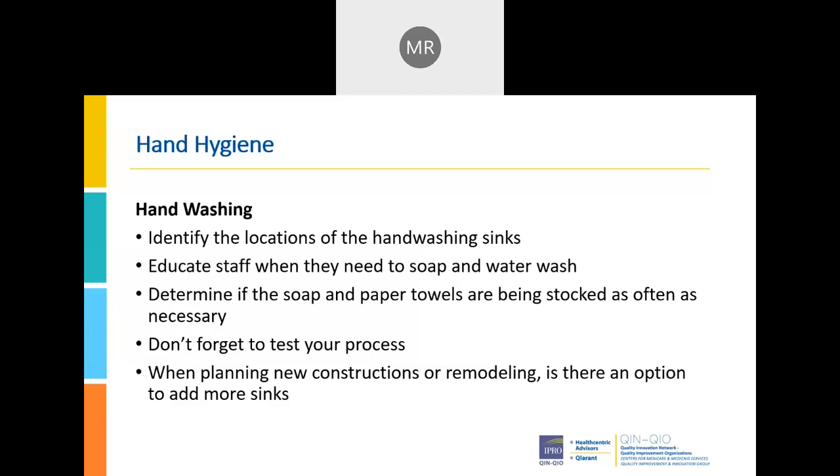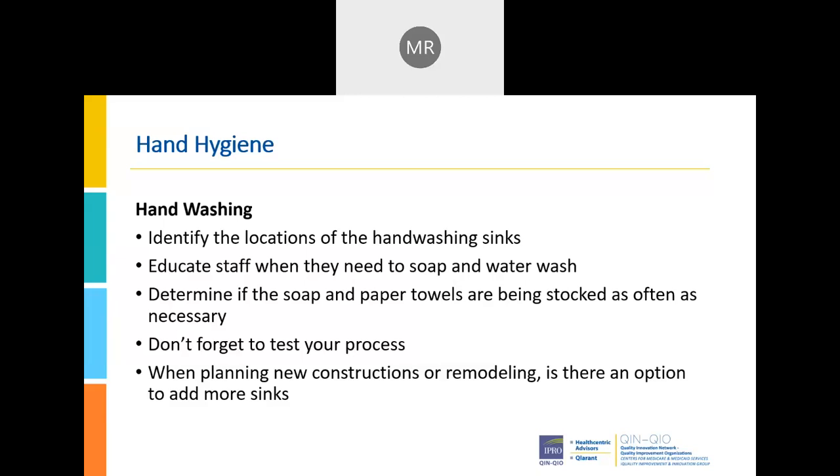So don't forget to test your process. Let me talk a little bit about that. It could be the soap or it could be alcohol based hand rub. If you have an alcohol based hand rub that has a locking mechanism on it, somebody needs to store the key to the lock. There needs to be a place where you're storing the alcohol based hand rub. Somebody needs to be able to find the key, find the hand rub, know how to install it. Often there's something that needs to be popped for the air to go into it. Sometimes the dispensers need batteries, so where is the battery going to be stored?